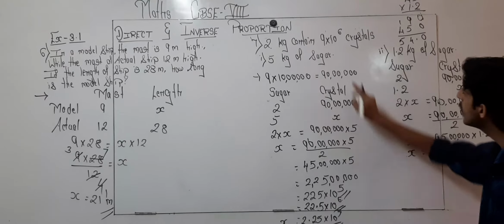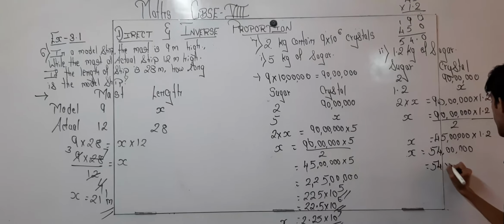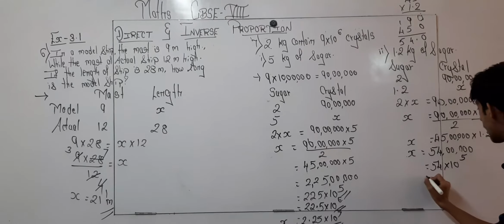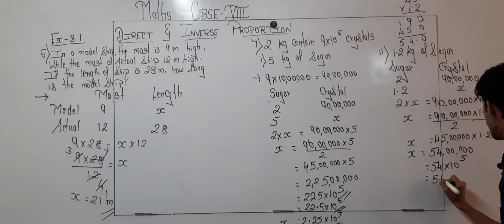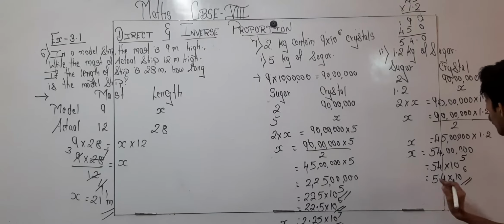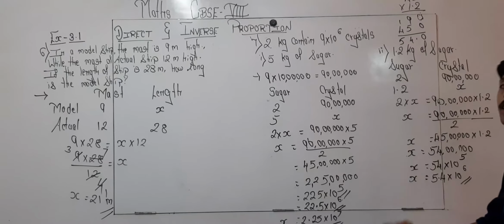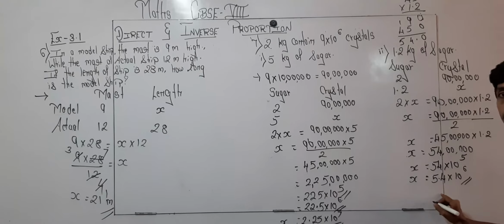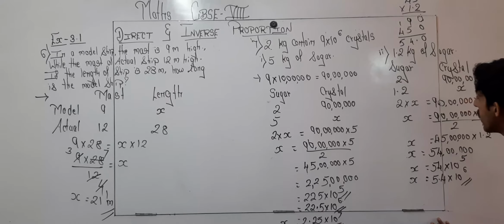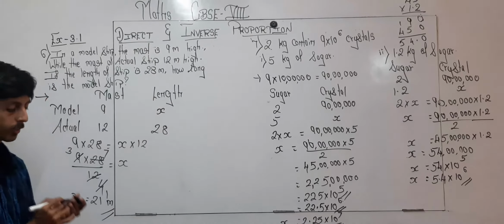Now I can convert it into this form also. How is it? That will be given as 54 into 10 raised to, how many zeros were there? 5 zeros. Okay, or else you can write it this way, 5.4 into 10 raised to 6. Okay, understood over here? Don't decrease it more. You can do it as 0.54 into 10 raised to 7 also, but don't decrease it further. Okay, understood over here properly? Okay, now next we will be doing question number 8 over here.